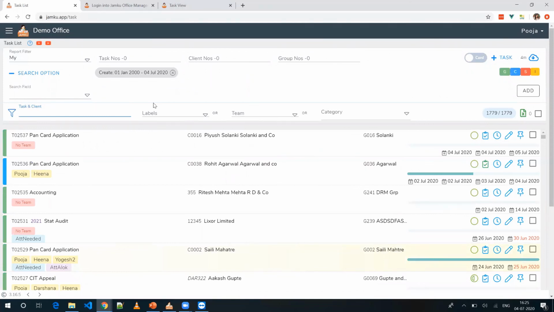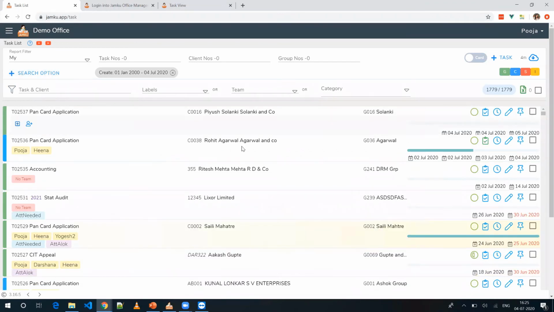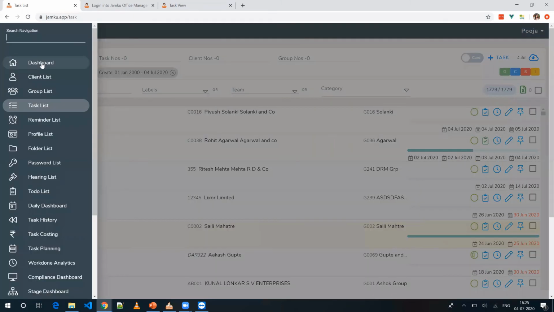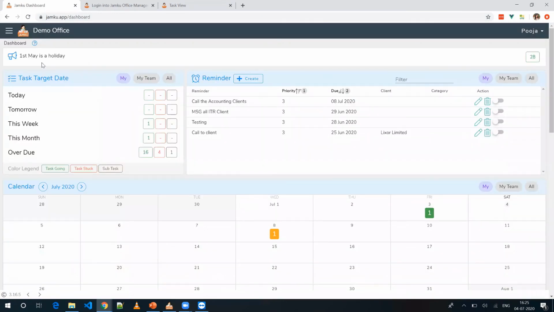Okay. So this is the task management part. What we saw: this task list page with all the tasks, we saw the actionable icons, we saw the filtering options. We went into one of the tasks and saw all the details of that task, and we saw how to create the task. Now let us move to the dashboard, which we skipped in the beginning.